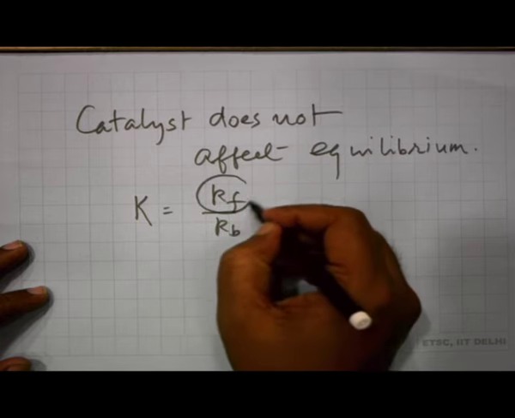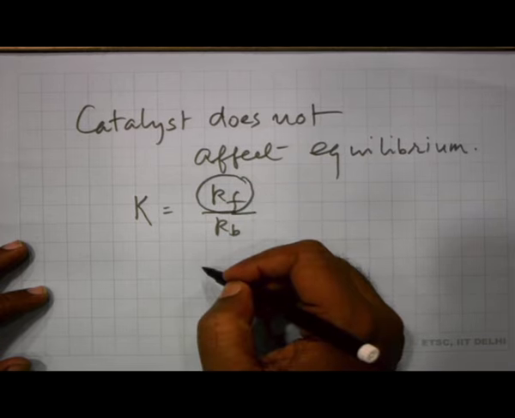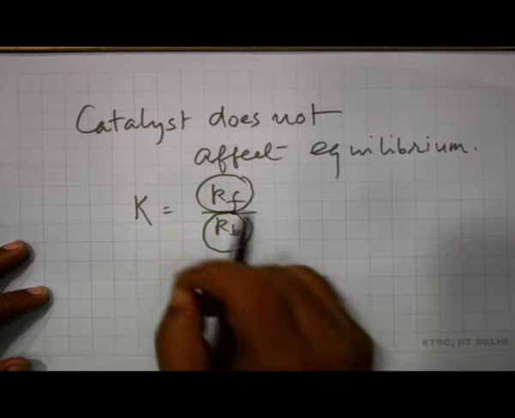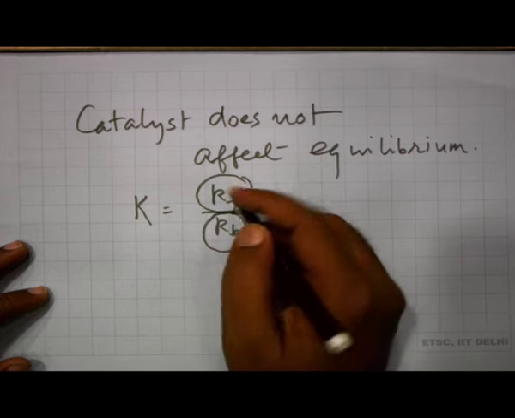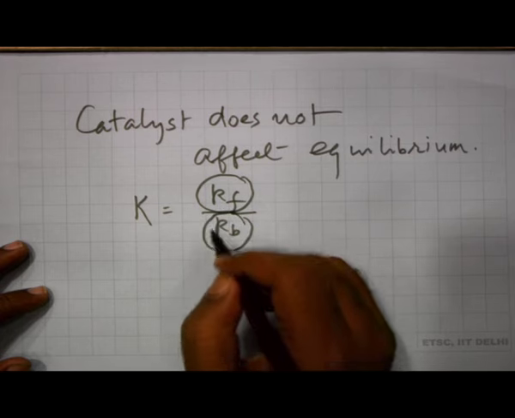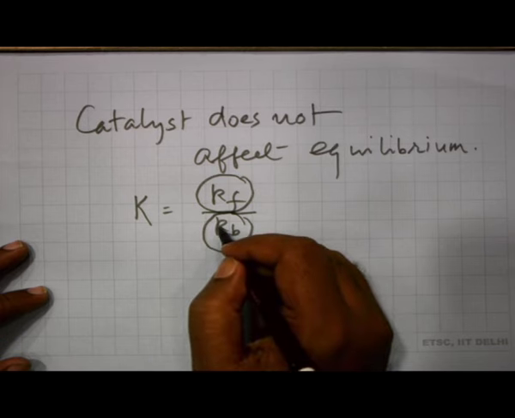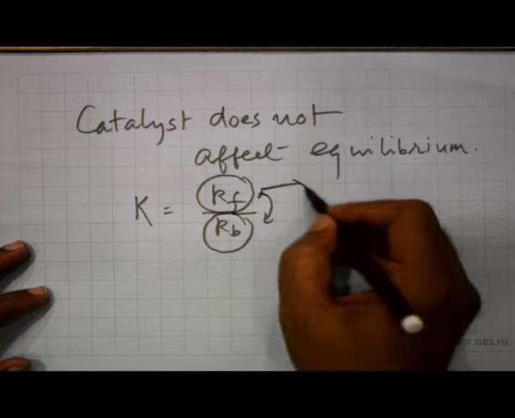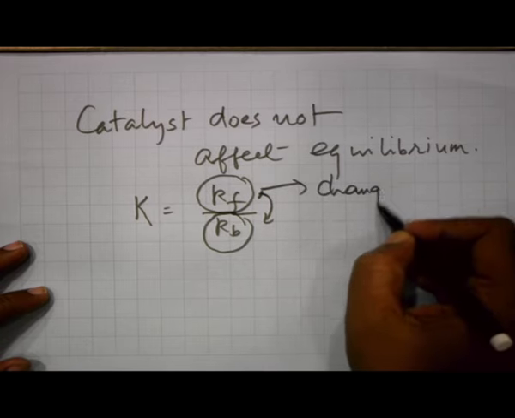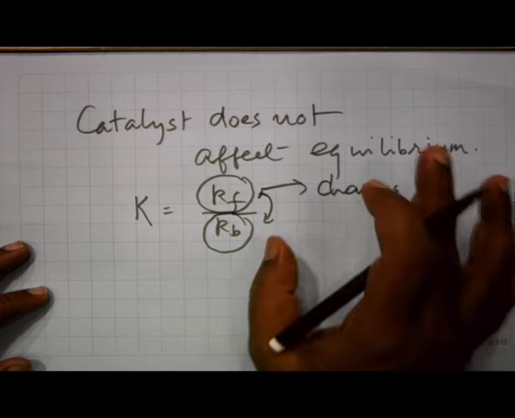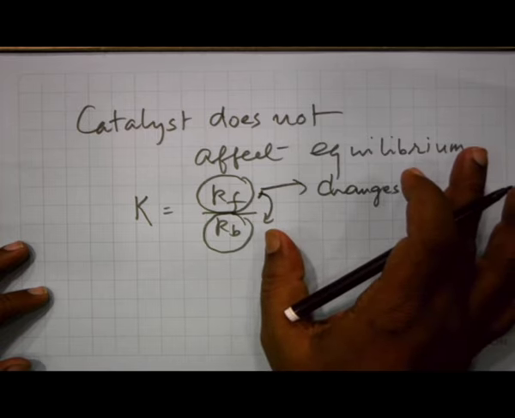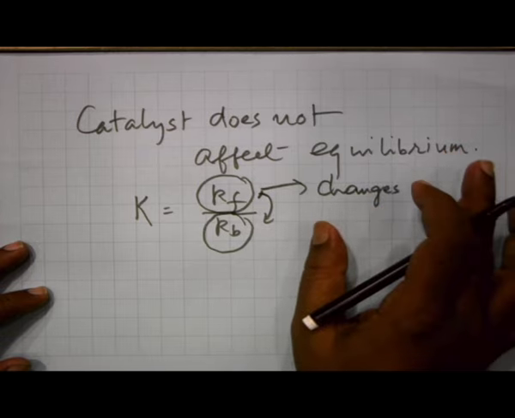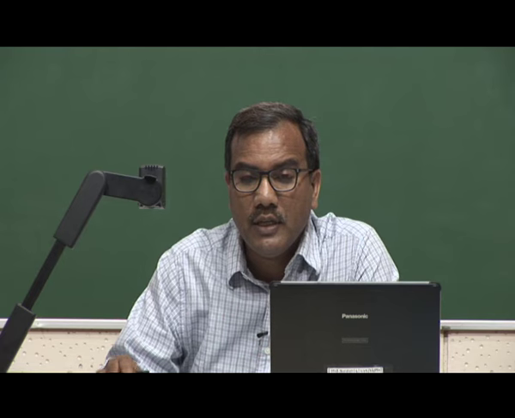Kf is your rate constant for forward direction and Kb is rate constant for backward direction. Kf and Kb change when we add a catalyst, but the ratio does not change. Okay. So, Kf changes because activation energy will be lowered, and if activation energy for forward reaction is lowered, it means Kf will increase,